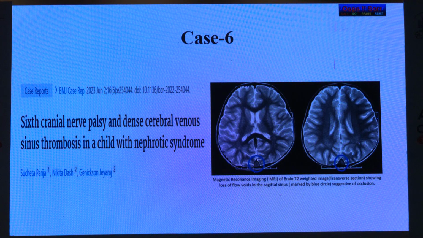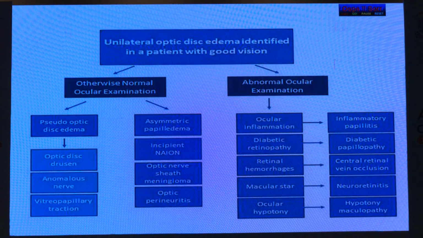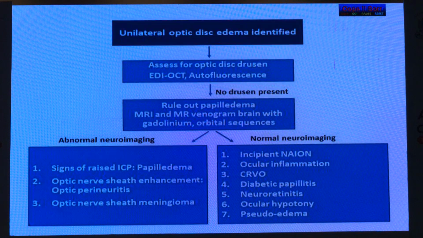And then we went on to do an MRI, and what we found was a dense central venous sinus thrombosis. So it's a very rare condition, and it can be life-threatening, so it has to be taken into consideration. So unilateral, if you have a good vision, we know that it can be a pseudodisc edema. If you have an abnormal optic examination, papillitis, CRVO or neuroretinitis can be the causes. We have different modalities with us now, autofluorescence or enhanced depth OCT, to rule out papilledema,